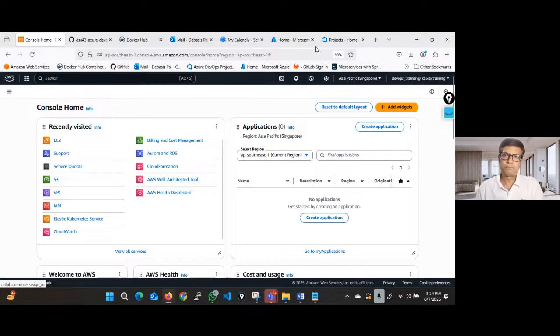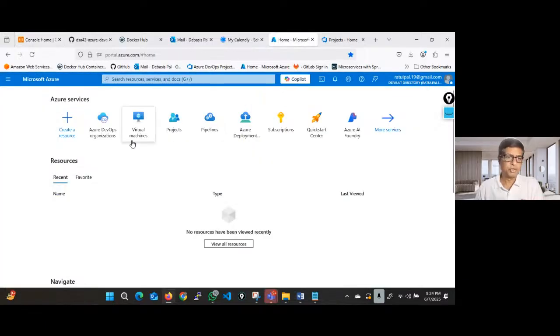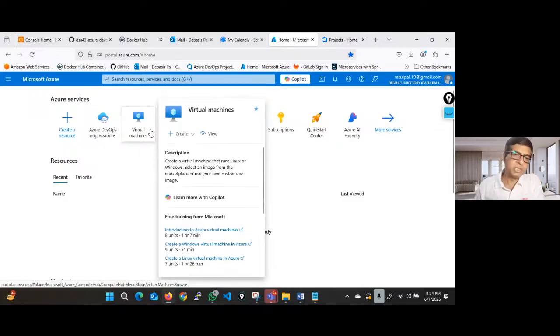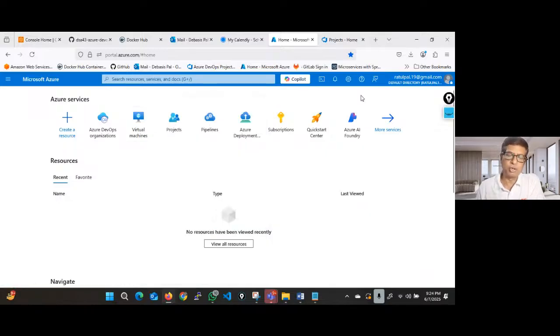But I'm not discussing the Azure cloud. I'm saying that we need to have an account on Azure. The billing will all be managed by Microsoft Azure. So Azure DevOps is one of the parts of